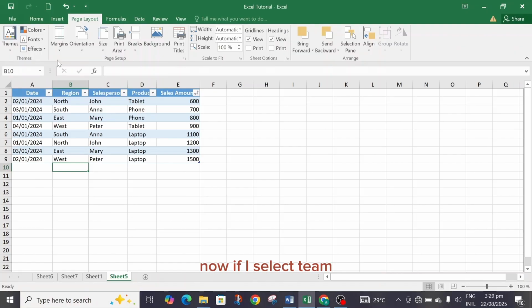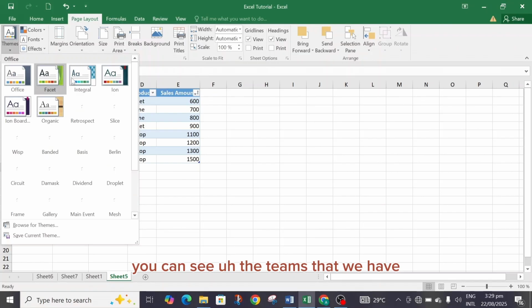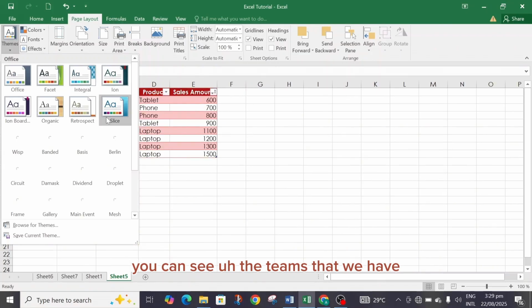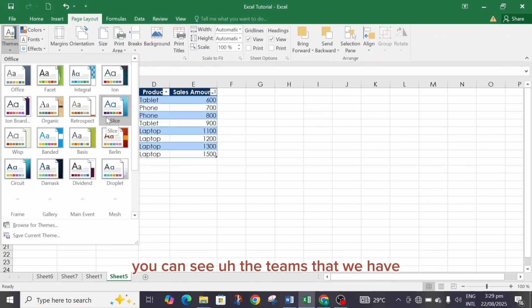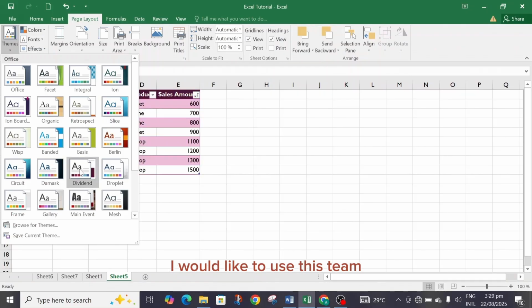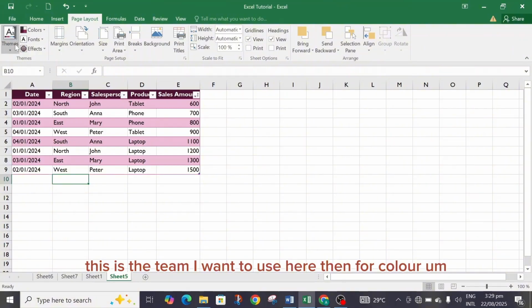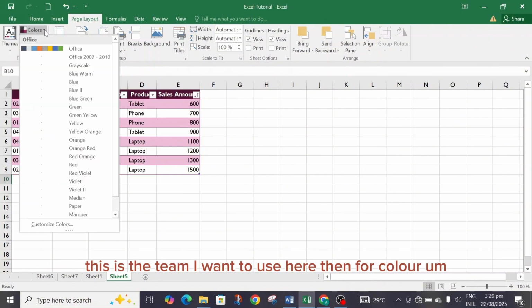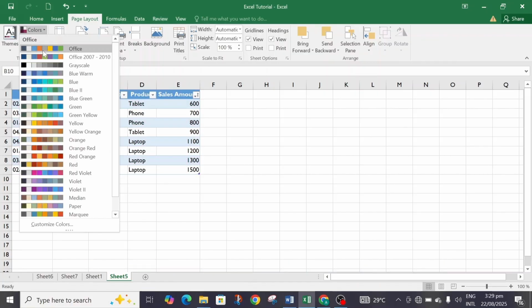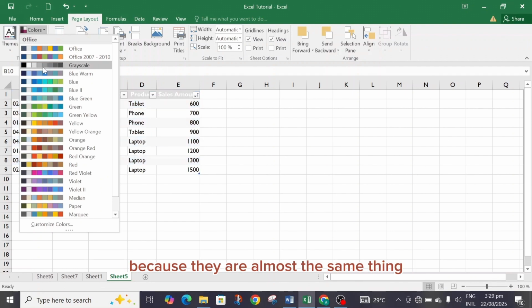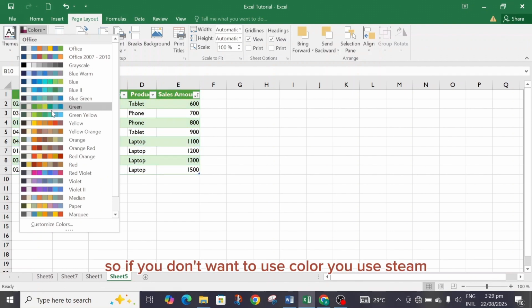Now if I select theme, you can see the themes that we have. I would like to use this theme. Okay, this is the theme I want to use here. Then for color, it's either you use theme or you use color because they are almost the same thing. So if you don't want to use color, you use theme